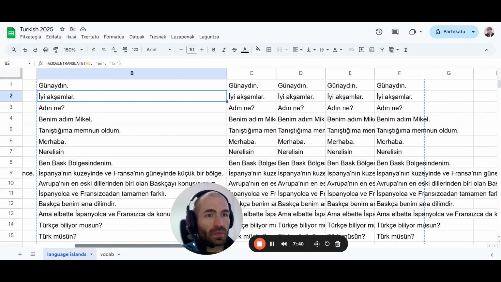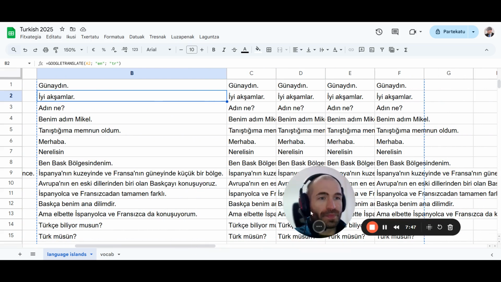Günaydın, günaydın, günaydın, günaydın, günaydın, iyi akşamlar, iyi akşamlar, iyi akşamlar, iyi akşamlar, iyi akşamlar, dinle, dinle, dinle, dinle, dinle, benim adım benim adım benim adım